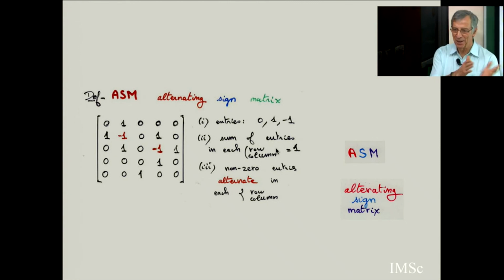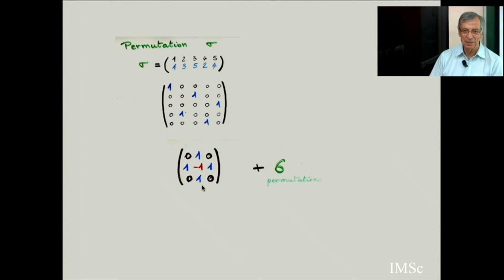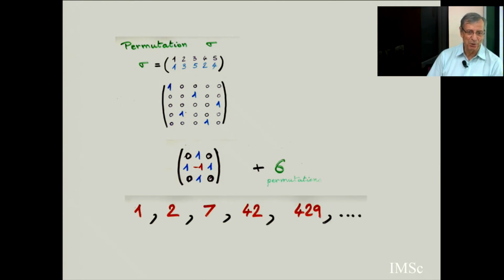So this is the same way as when I say blue and red: always 1 blue in each row, 1 blue in each column. So this is the well-known alternating sign matrices. And you see this is an extension of permutation. For the 3x3 matrices, there are 6 permutations plus the unique matrix with a -1 in the middle. So they give you 7. And the numbers of alternating sign matrices are 1, 2, 7, 42.